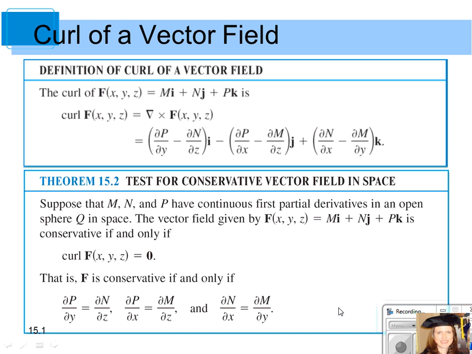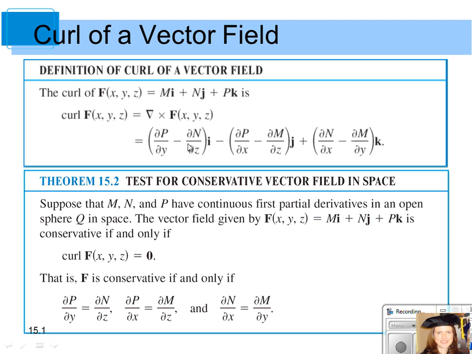The next topic in section 15.1 is on the curl of a vector field. We first are given the definition of curl of a vector field, which is equal to, if the vector field is a vector field in space with components M, N, and P,